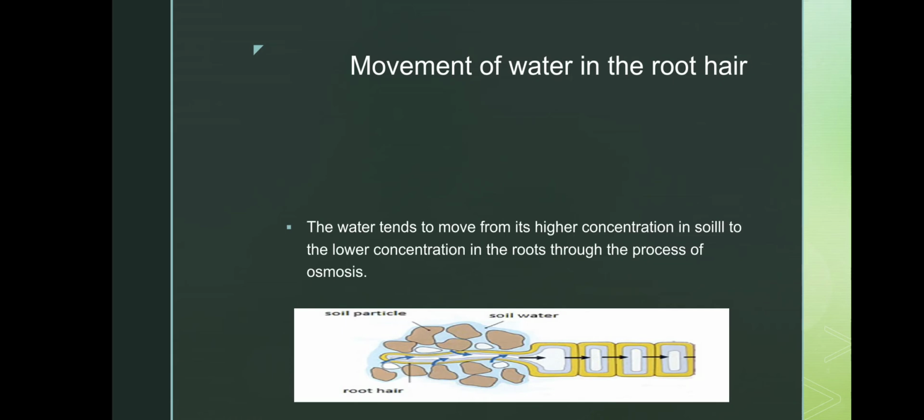Now, how am I going to relate all these things in the case of roots? How are these things such as osmosis, diffusion, turgidity, flaccidity going to help me in clearing my concept about uptake of water by the roots? Okay, suppose this is a root of the plant. Okay, we pour the water outside in the soil.